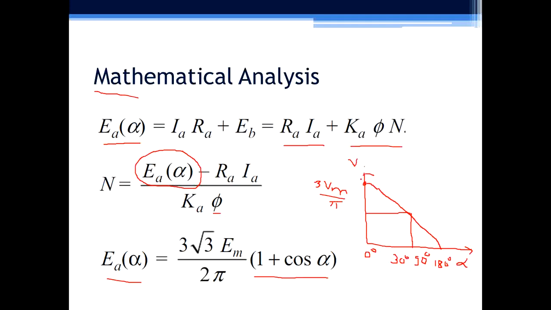So to get the maximum voltage, we should keep firing angle as 0 degree. When firing angle is 0, we will get maximum speed N1. When firing angle is 90 degree, we will get speed close to 50% of rated speed N2. And when firing angle is maximum, we will get speed as N3, which is 0. That means by varying firing angle from 0 to 180 degree, we can control the speed from maximum to minimum.